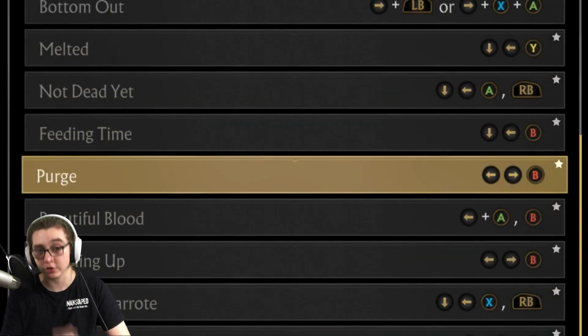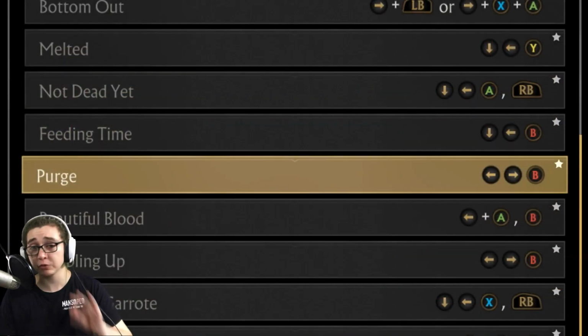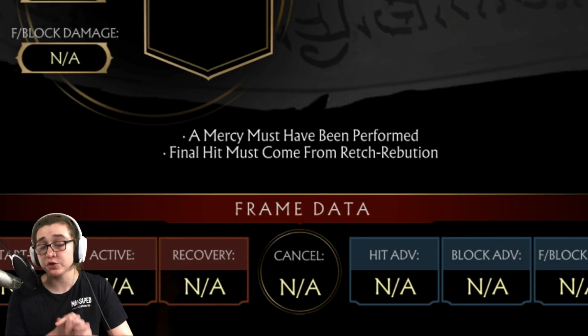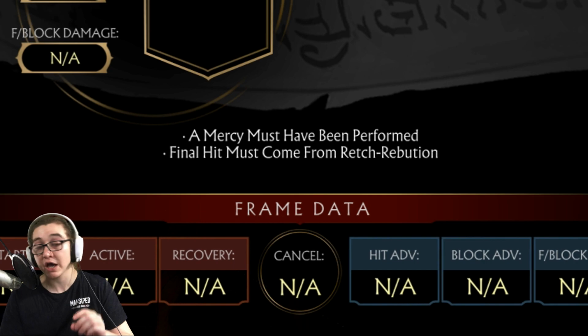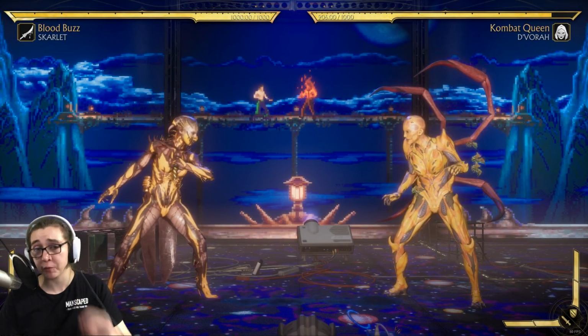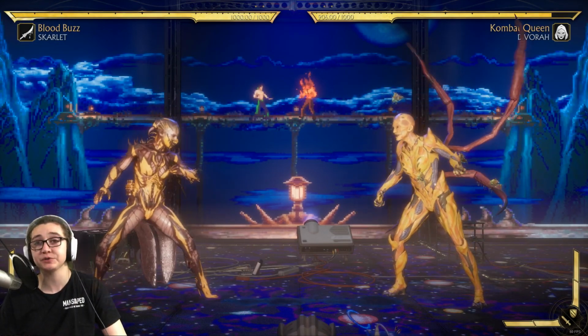So next up is the Purge Brutality. Now this will require that you have the Retribution ability in your arsenal, so of course have that good to go, and we can move on. So for this brutality, you will have to perform a mercy at some point throughout the match. If you don't know what that is, I will give you an example in just a moment, but once that's out of the way, you want to make sure that you finish your opponent with the Retribution ability, and that should do it. So for the Retribution, you're going to want to use back forward B or back forward circle,